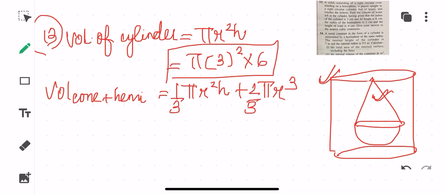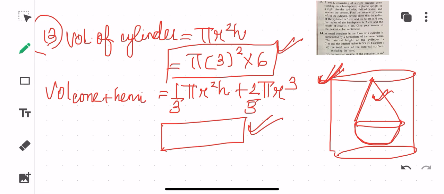So now you will be finding the volume of cone plus hemisphere. From the volume of the cylinder you will be just subtracting this volume, and then you can easily calculate the volume of water that is left in the cylinder. So what was the need here, children? First you will be finding out the volume of the total solid, that is the total cylinder, and then you will be finding out the volume of this particular figure. And how can you find it out? By adding up the volume of the cone and the hemisphere, and then you will be subtracting, that is second minus first, to get the answer.